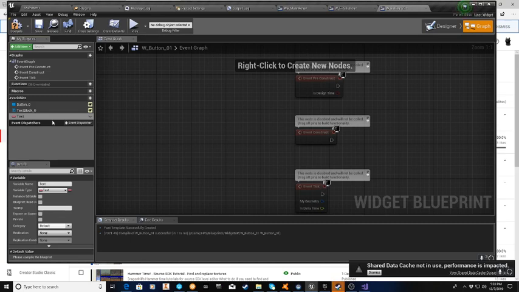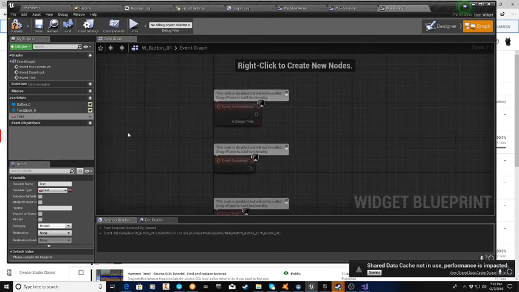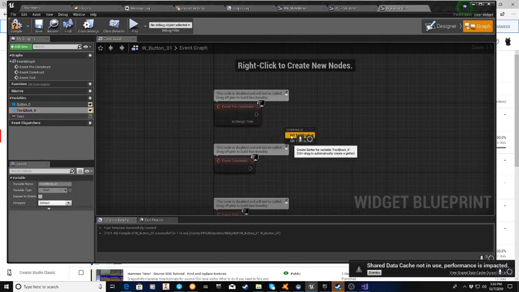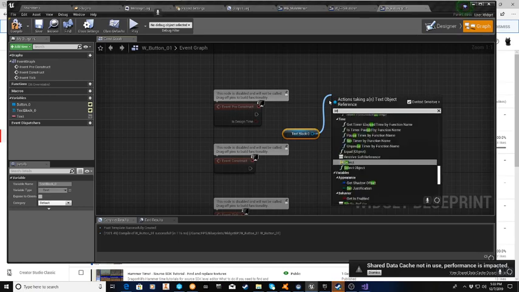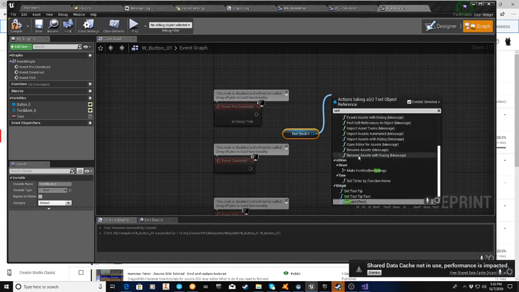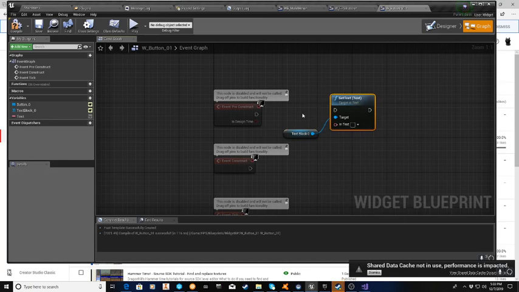And then I need to add, we've got the text block, the button. No, I think that's about it. That's probably all we need right now. So on construct, we're going to drag the text block, hit get, and then the function within the text block is set text. So set text. There we go. We can on pre-construct